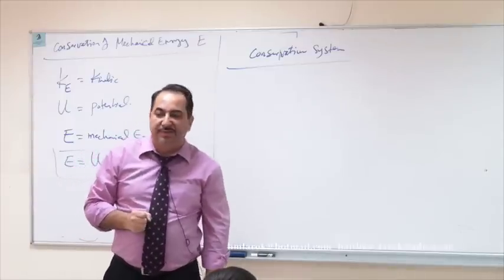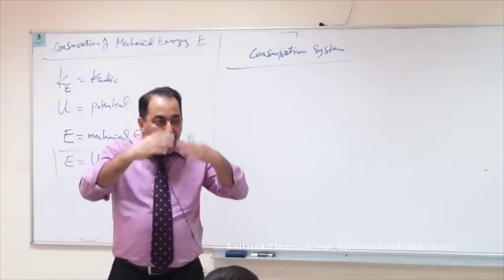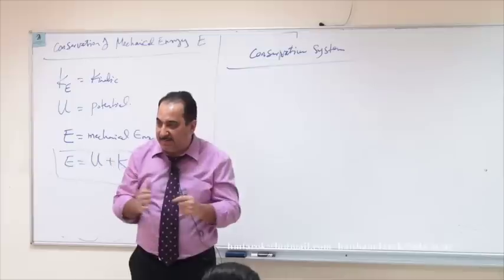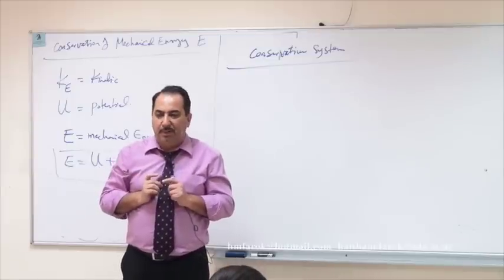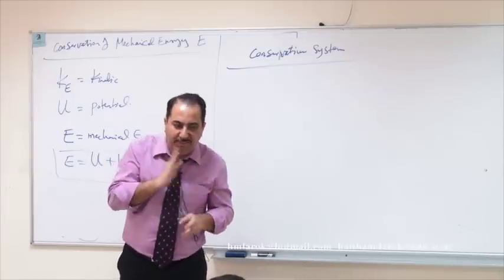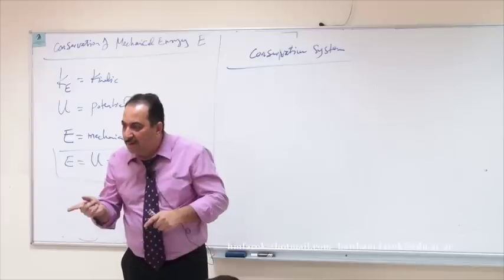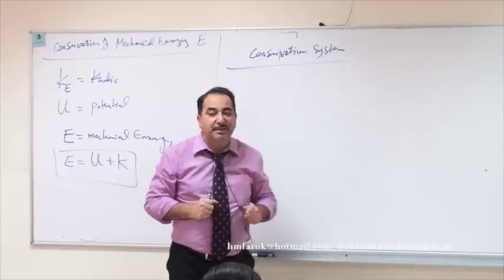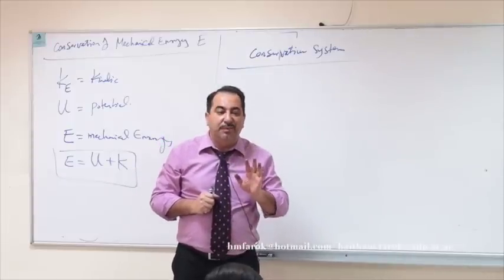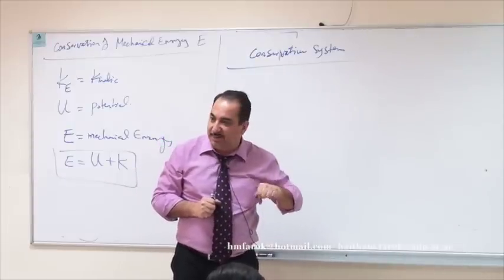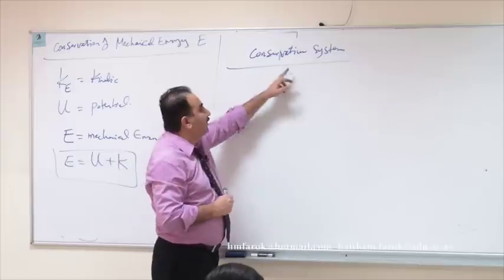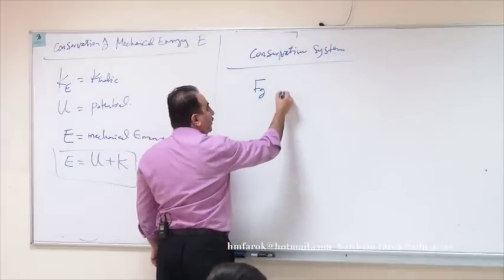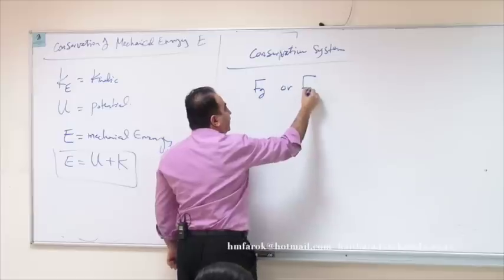When do we have a conservative system? When you read a problem and want to solve it in physics, what you do first is read it. Now you have to decide: is the system you have conservative or not? How do you decide? If the system is conservative, it means you don't have non-conservative forces in it. So when you have a conservative system, it means the system has the force of gravity or the force of the string